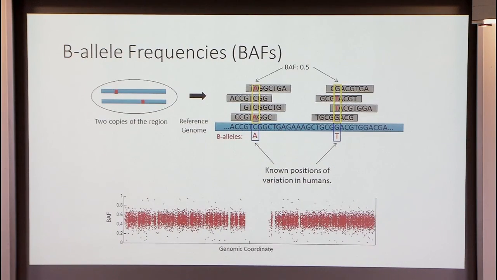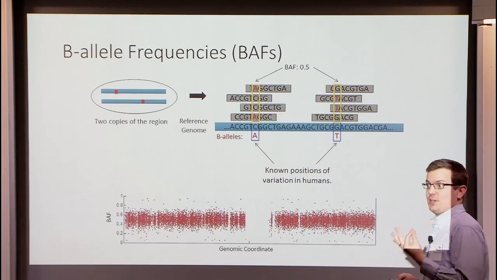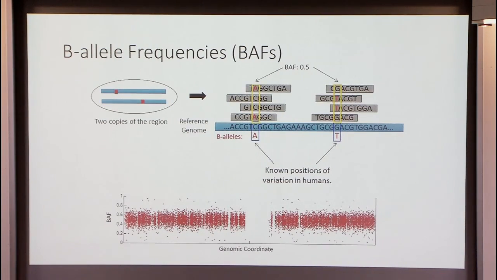Another signal that's used for copy number, which is somewhat similar to single nucleotide variants, is that we can take advantage of the locations of germline SNPs, which we can measure because we have the matched normal. These are inherited mutations, differences from the reference genome. In a normal region of the genome where you have 2 copies, one maternal and one paternal, if we look at one of these germline inherited variants, it'll be a difference from the reference genome. If this is a heterozygous variant, then you'll have one copy of each. And so what we'll see is that this so-called B allele frequency is a half. Roughly half the reads will contain one allele and half will contain the other.